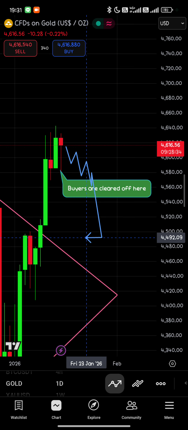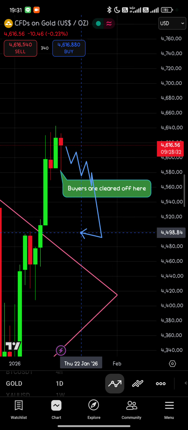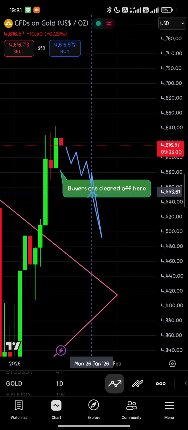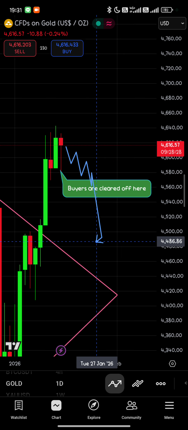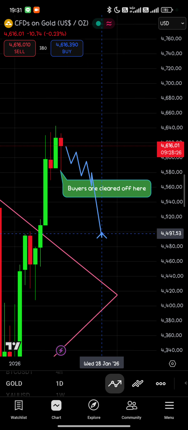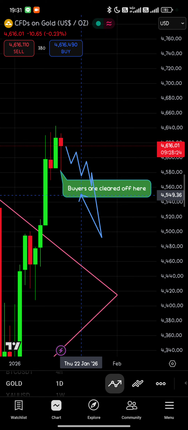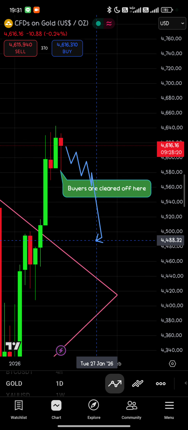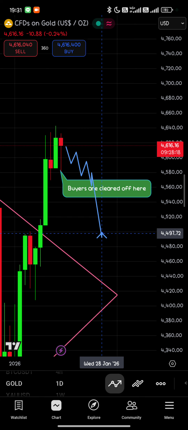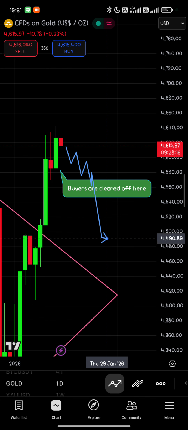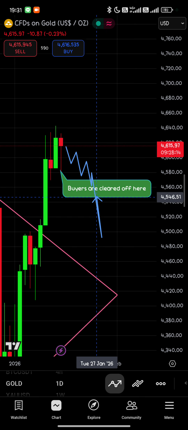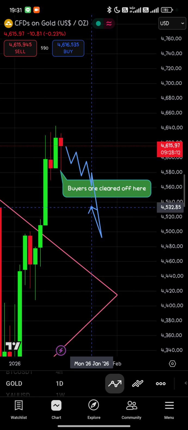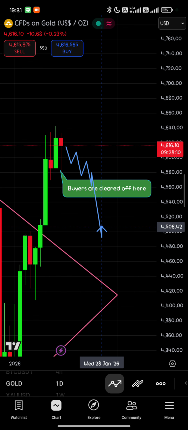Until the market dumps on the price, that is where we're going to buy, because buyers are cleared off from the market on the dump, right? So a break below indicates a dump on the market, a dump on the buyers, right? Then when the price breaks below, at the least if you buy at the bottom price, either at the lowest week, right? Or at any point in this dump over here, when you buy over here, the next thing